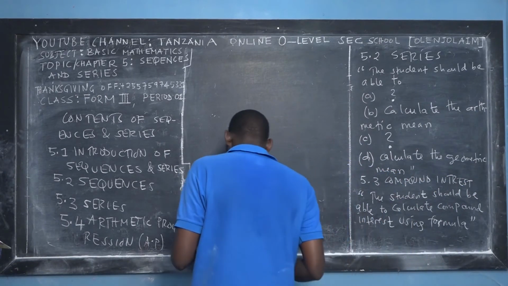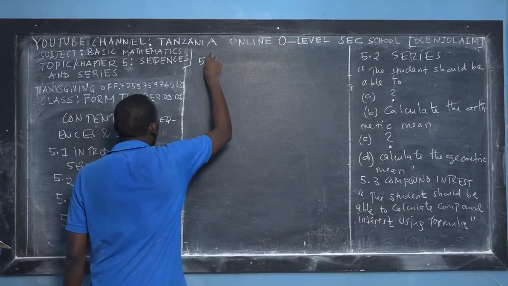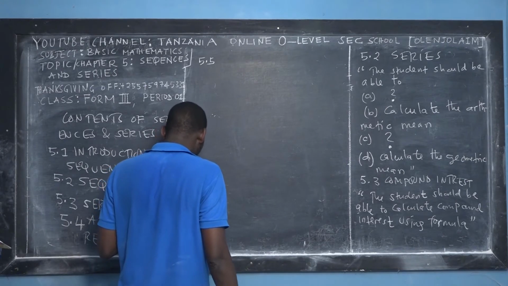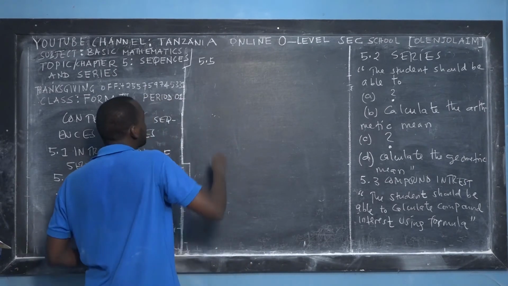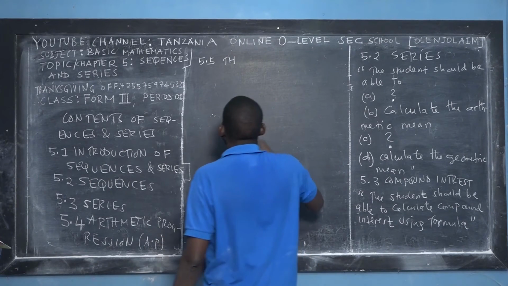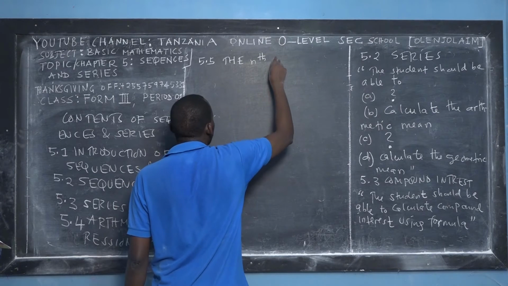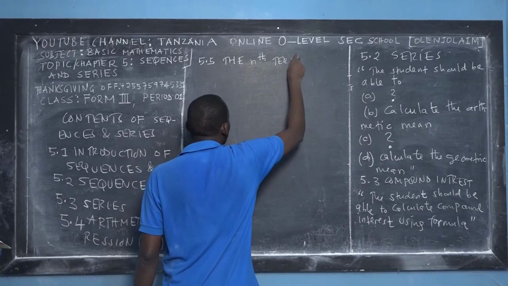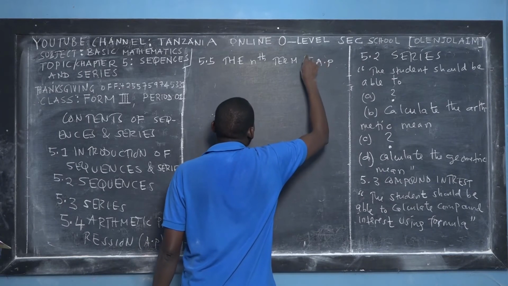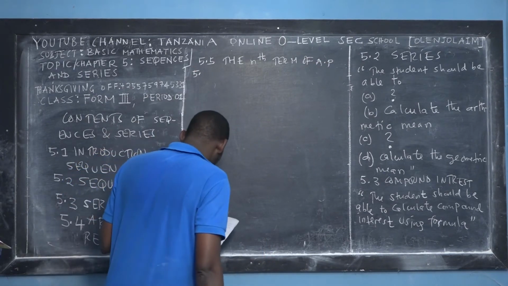And the fifth concept I'll be teaching you, that is 5.5, is the nth term of arithmetic progression. The abbreviation of arithmetic progression is AP. Then nth term. Say nth term. So the nth term of arithmetic progression, because you have the nth term for arithmetic progression and also the nth term of geometric progression.